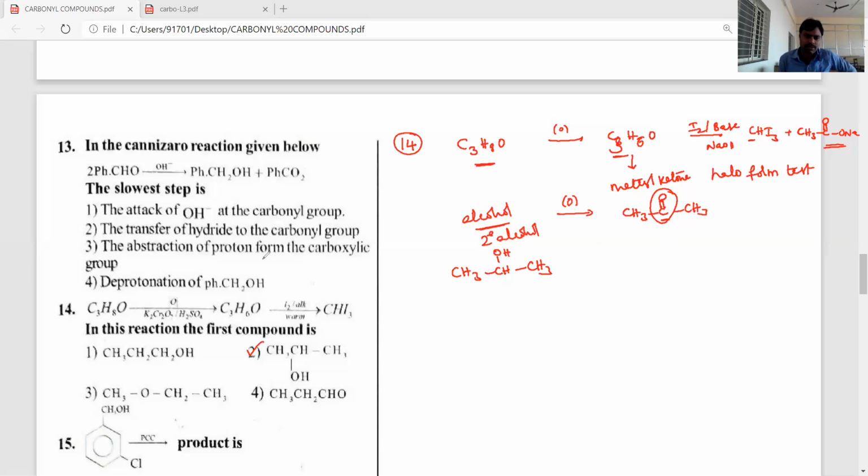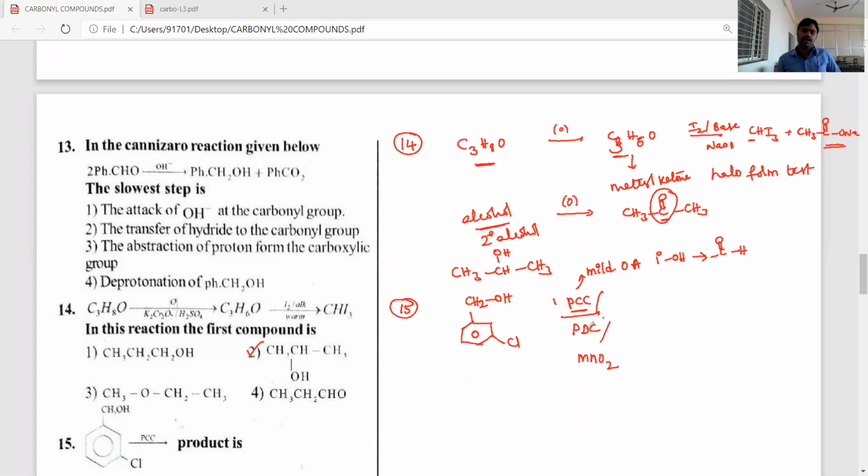Okay, so these conversions are very, very important. Now 15th question. Let's see. Here at the meta position chlorine is present and at the first position CH2OH, benzyl alcohol. Now it is PCC. PCC means what, dear student? It is a mild oxidizing agent. Mild oxidizing agent, it oxidizes primary alcohols into aldehydes. So PCC you can use, or PDC, or MnO2, manganese dioxide